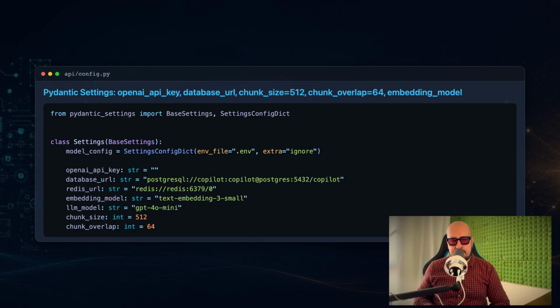Before we write the chunker, let me show you the configuration that controls chunk size and overlap. Open the API config.py. This is the pydantic settings class that loads environment variables from the .env file. The fields are the OpenAI key for the embedding API, database URL for Postgres, Redis URL for caching later,